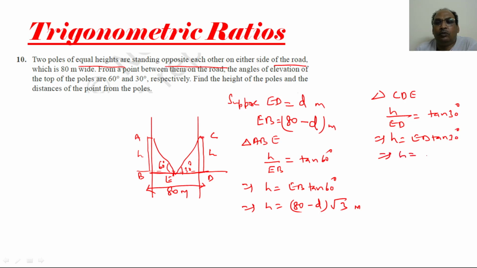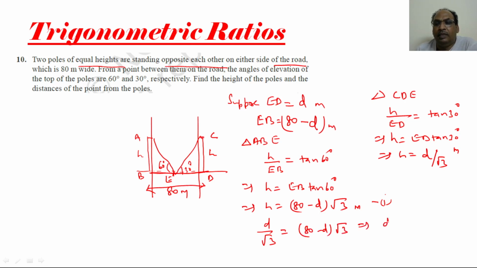H is equal to D, tan 30 degree is 1 by root 3, so D by root 3 meter. So we will put this H is equal to D by root 3 in equation 1. So D by root 3 is equal to 80 minus D into root 3,